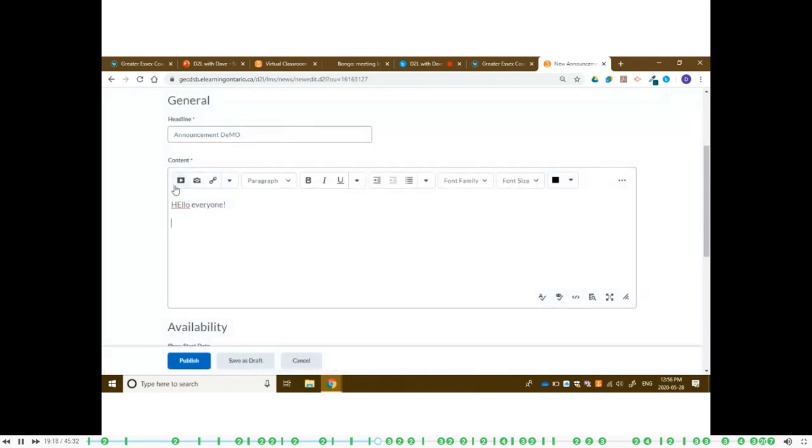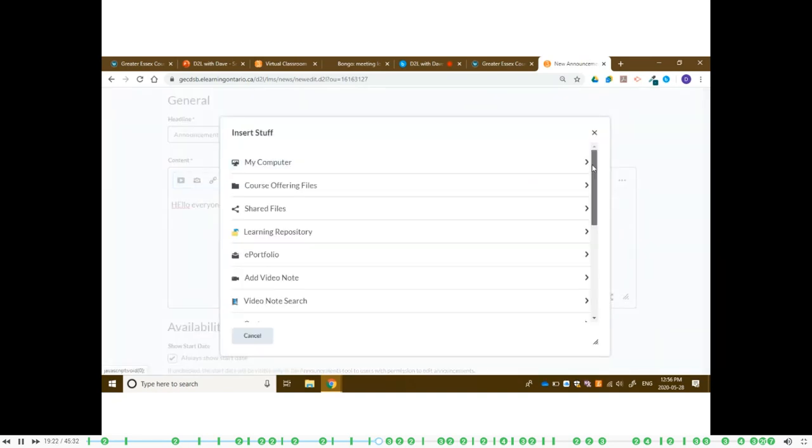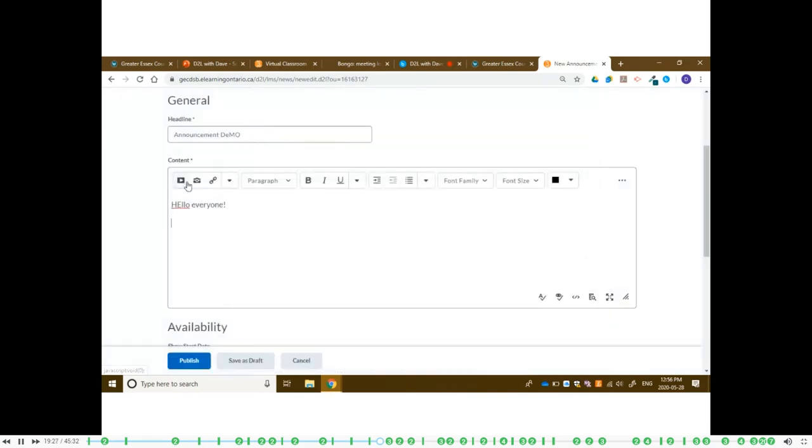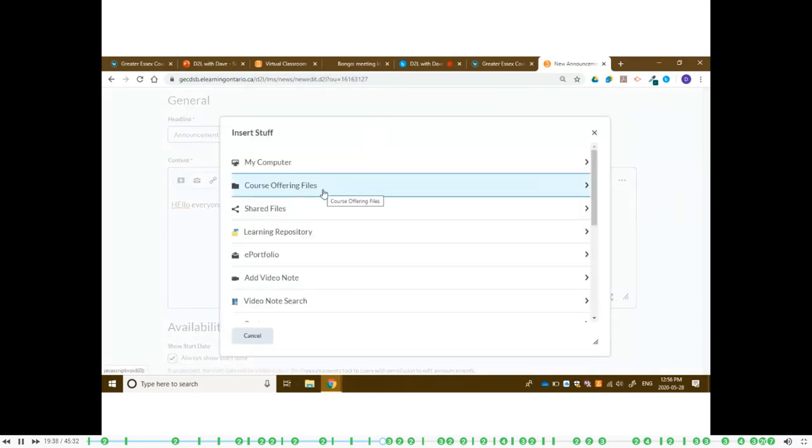when I select this, so I guess I can say I can insert stuff. If I select insert stuff, there's a lot of things I can add in. If I do this, this is for inserting an image, and this is for inserting a quick link. And quick links are things that already exist inside the Brightspace course. So I'm going to go to insert stuff, and the powerful piece I want to show you is this add